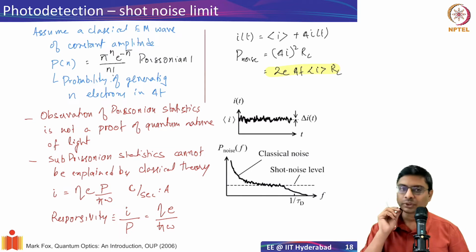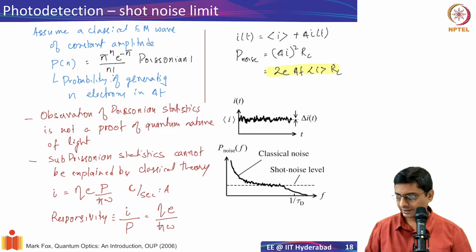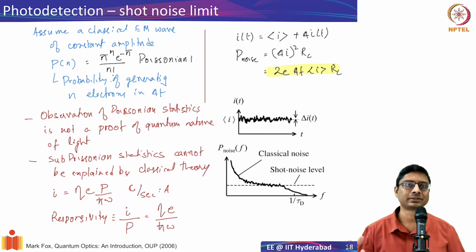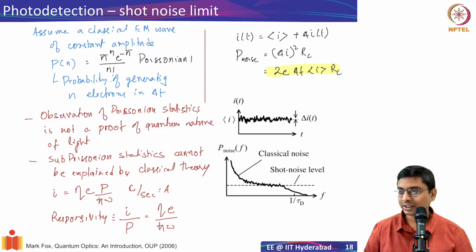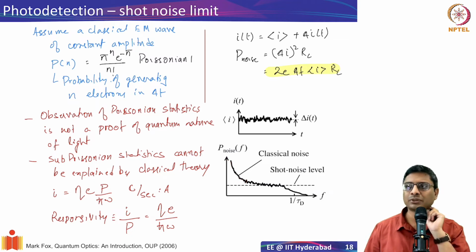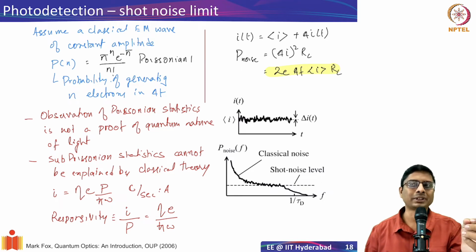Now we want to look at how the noise behaves as a function of frequency, and that is shown in the bottom picture here. This is frequency. If you look at the spectrum of a sine wave, you get one sharp line like this. But now we are looking at the spectrum of the noise, because we want to see what components are present. It turns out that in the low frequency regime you will have high noise, because of classical things like vibrations and temperature variations. They all give you some noise.